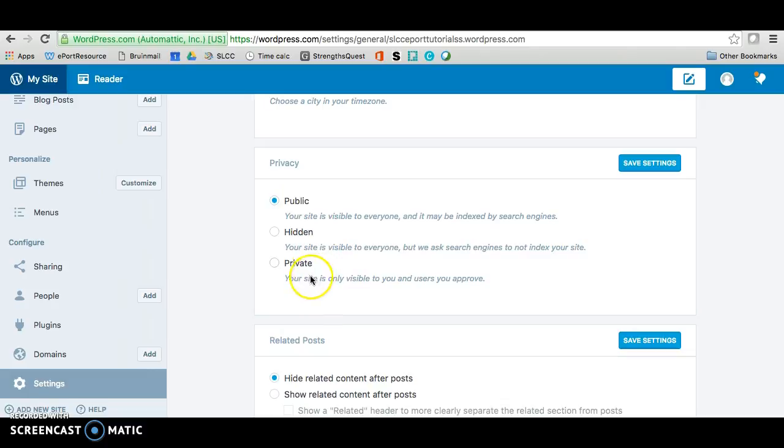I know it's very tempting to click on private, but you don't want to choose private, because if you click on private, then it's not going to allow your professors to find your ePortfolio, and they need to be able to see it in order to give you your grade. So you just want to click on hidden, and hidden is still very private, so people can't just Google you. So we want to make sure this is hidden. And if you don't really care, you can leave it on public, but you'll want to make sure that you save the settings here. Okay, so it looks like it's saved.